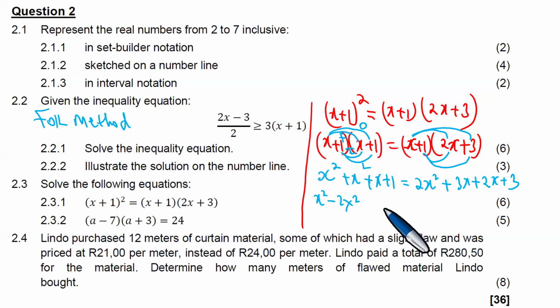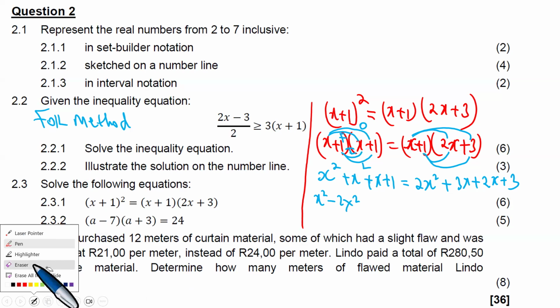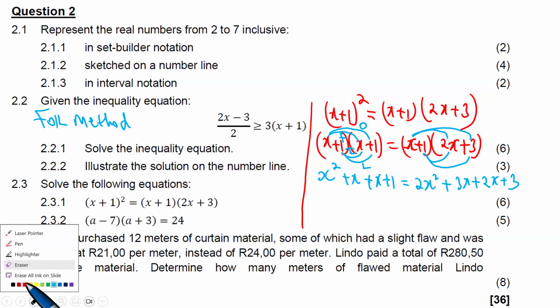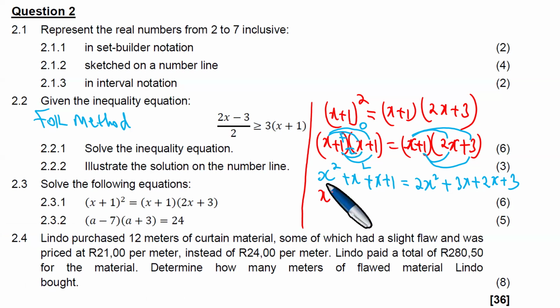And then on the other side, same method. On the other side, multiply, same method: x multiplied by 2. You get your 2x squared plus